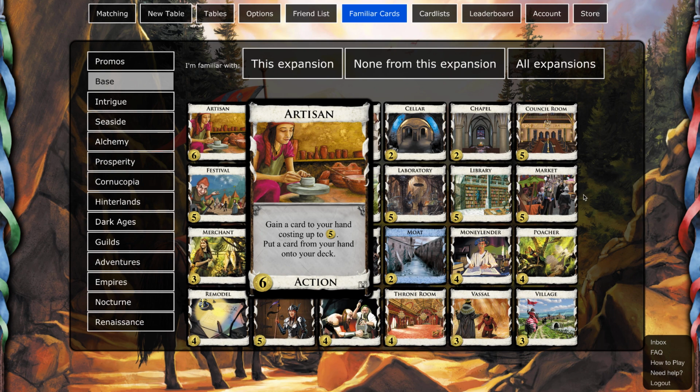So Artisan is a card that costs 6, and you get to gain a card to your hand costing up to 5. So it can gain 5 costs, it can gain less than 5, it can go up to 5. And then you put a card from your hand onto your deck. So you can set up your next turn, you can set up stuff for Vassals, you can play the card you just gained, assuming you have the actions for it. Artisan is a very flexible card that gets...